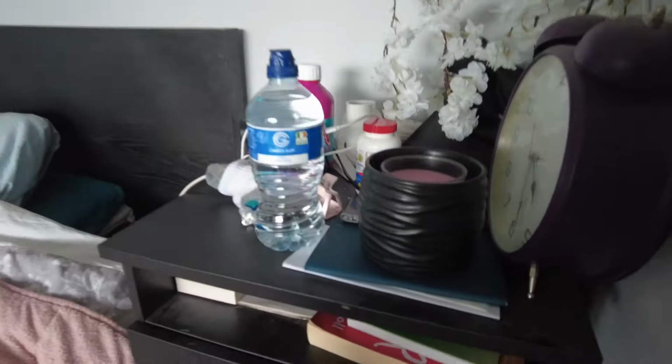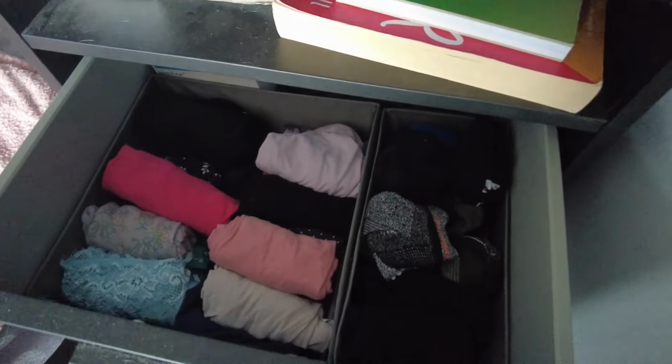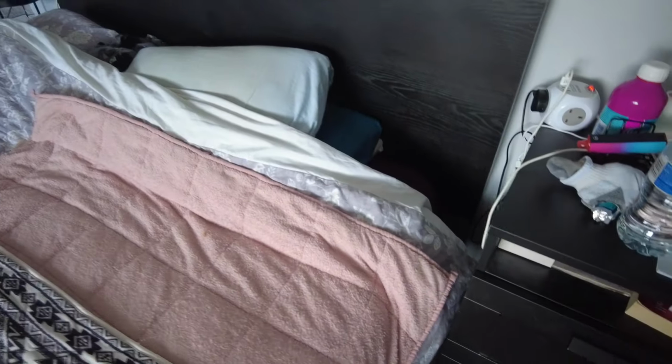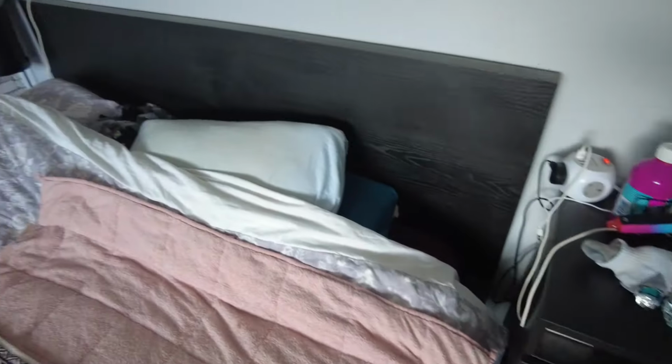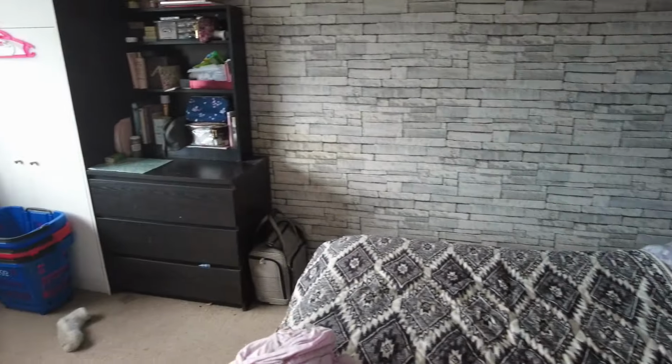I arranged all the drawers, so you see there, they're all nice and neat. Can't open the bottom one. It does need a good dust down, but we were just getting it ready. That's my fan over there. The other bedside locker wouldn't fit. Then I have the drawer here,